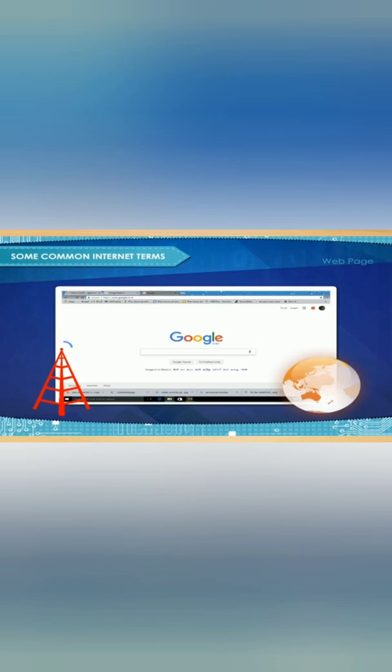Before starting the chapter, I will tell you some internet terms which are used in HTML, like what is a web page, what is Internet Explorer, what is a website, and so many things. So what is a web page? A web page is a document that is connected to the World Wide Web. Each web page contains text, graphics, etc. that you see on the internet.